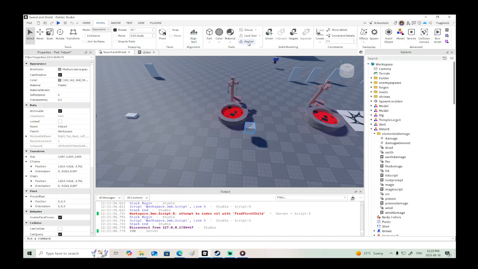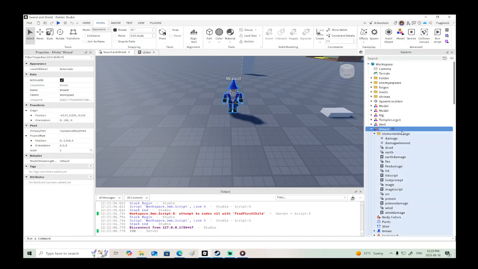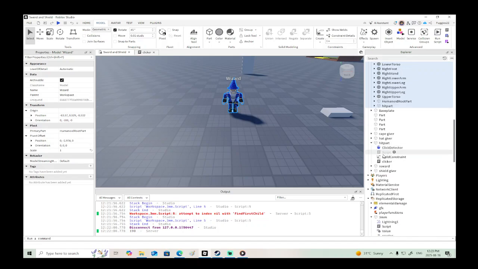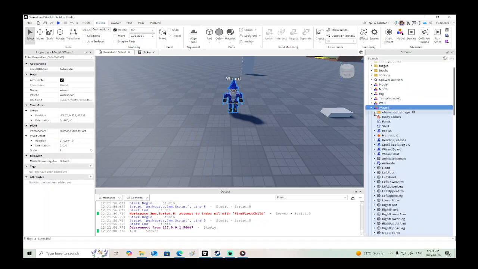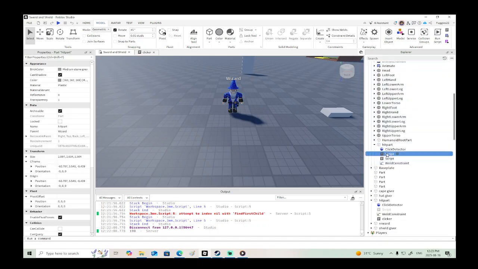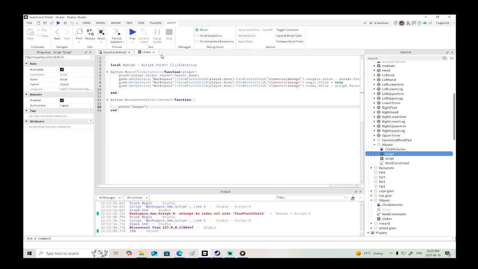I would just anchor this until I figure that out. But essentially, we needed the hit part, right? So we have the hit part now on the wizard, and when the wizard gets hit, it sets the magic value to true. But what we're also going to do is, inside here,